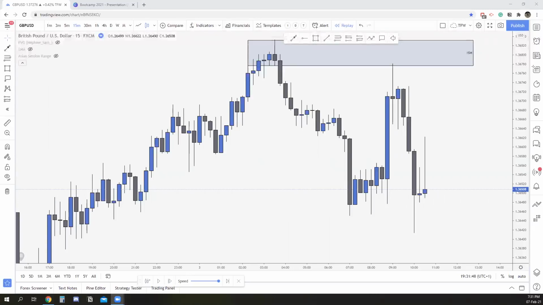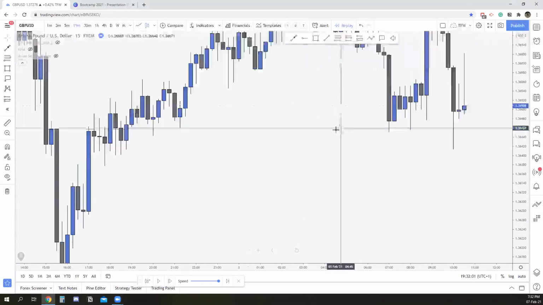So yes, very good point, Asai. Yes, it's a confluence that really makes your order block a more high probability one. So what the imbalance tells you is that it's going to be filled. Yes, exactly. Because if you have imbalance, then it has to be balanced. This is how the market works, right?